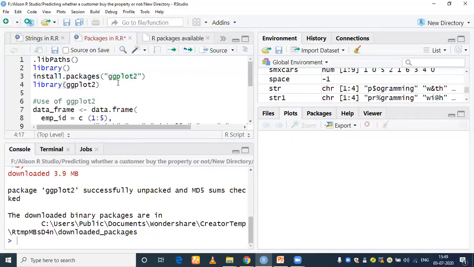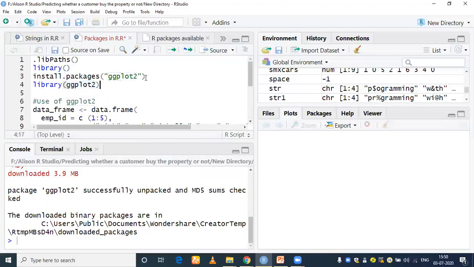Now, in order to use the package that you install, you need to load it with the help of the function library. Inside that, you need to specify what package you want to use. If you just write library like I highlighted on line number 2, you can see all the available packages. But to use a specific package installed in your system, you need to load it with the function library, specifying the package name.